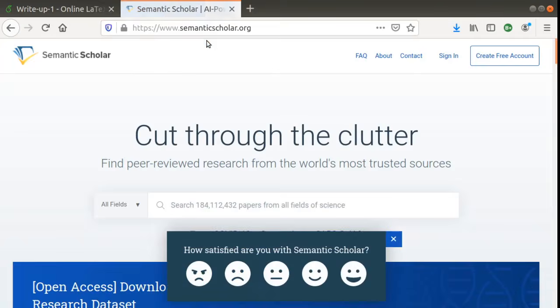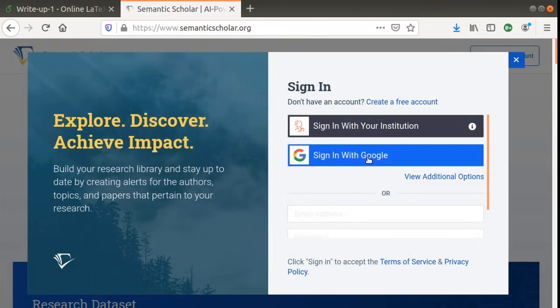So Semantic Scholar is a website that uses artificial intelligence techniques to link up the various literature data, and to also arrive at the most impactful references or citations, articles, etc. You can create an account for yourself and log in, and that will actually give you a lot more features, and I have already done that with my Google account.